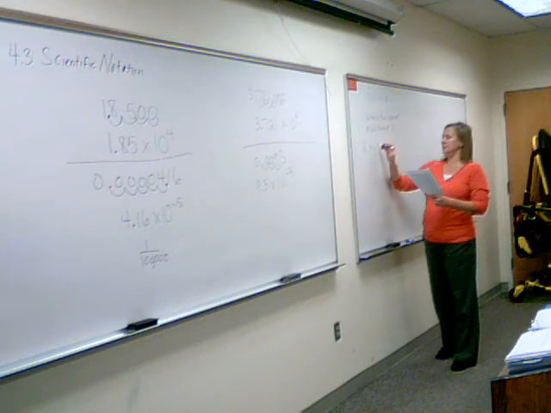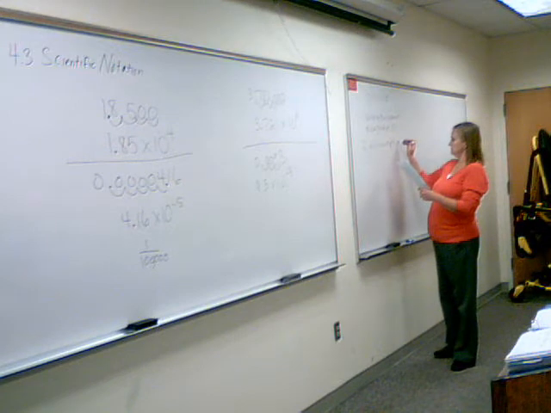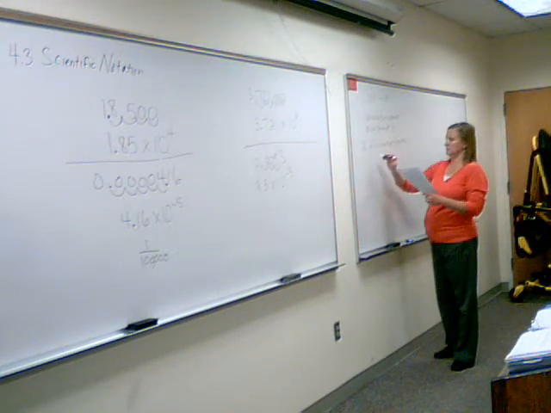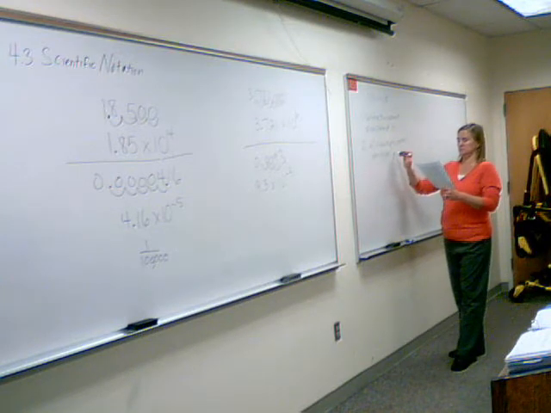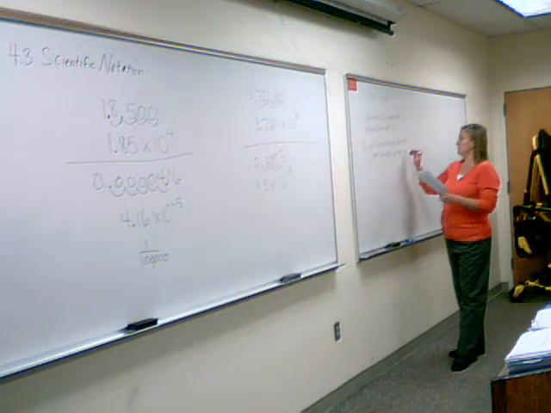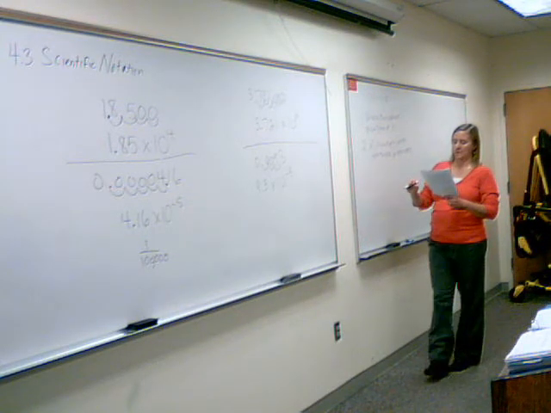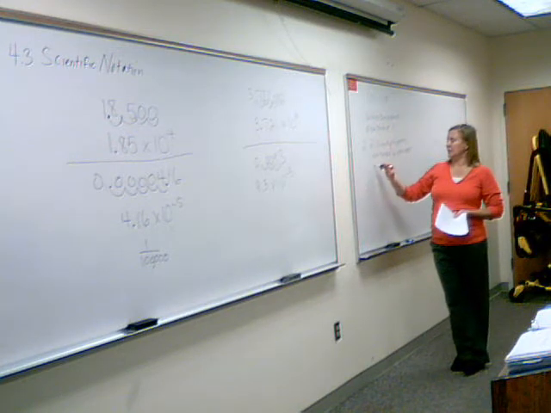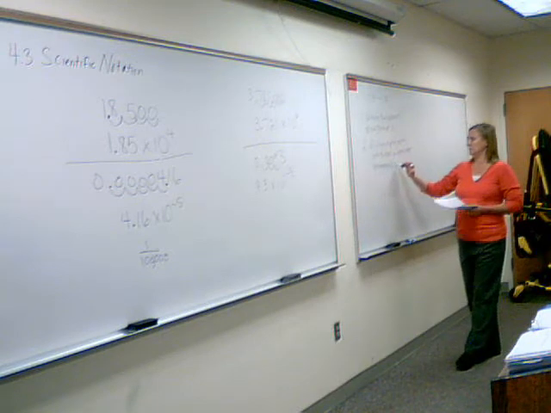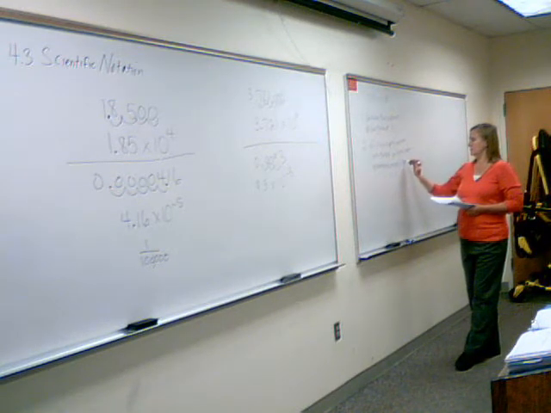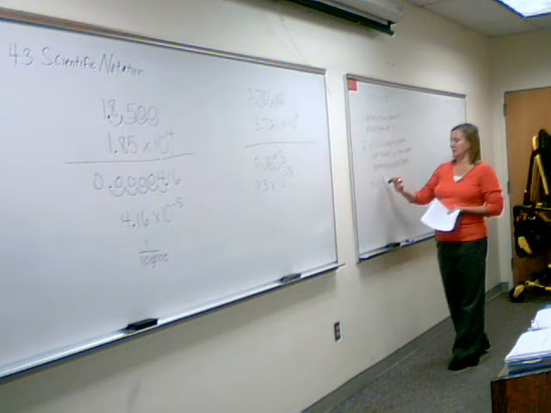Then, if the exponent is positive, move the decimal point to the right. You may need to add some zeros. So it's basically the opposite of the first group. Exactly. Okay. But if the exponent is 0,